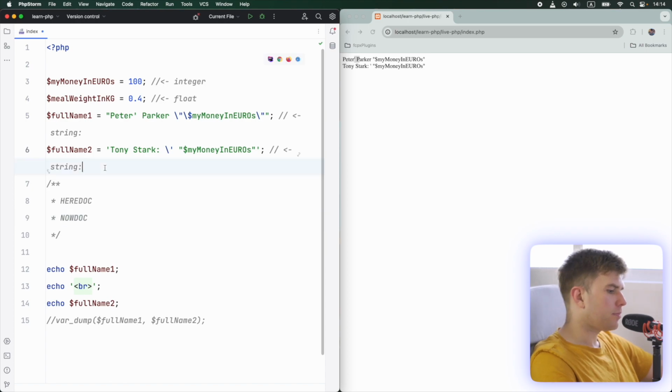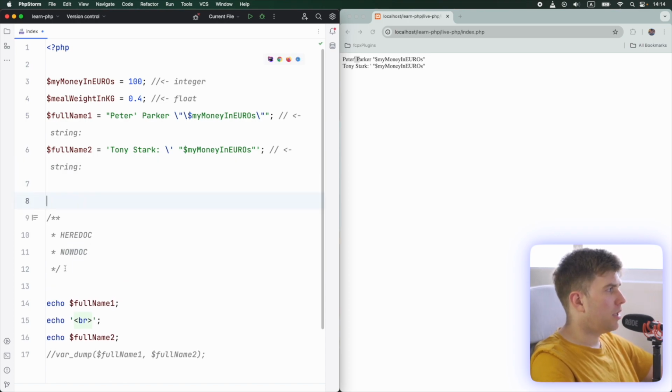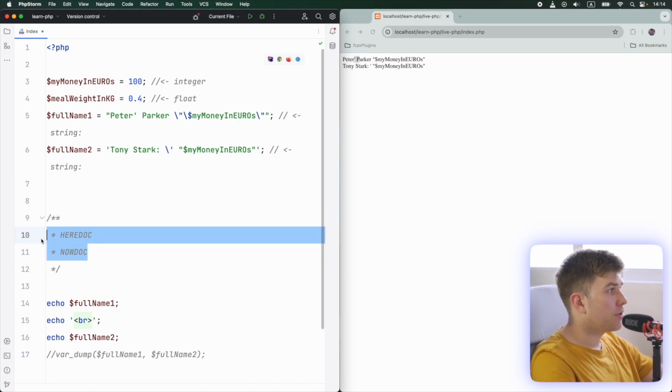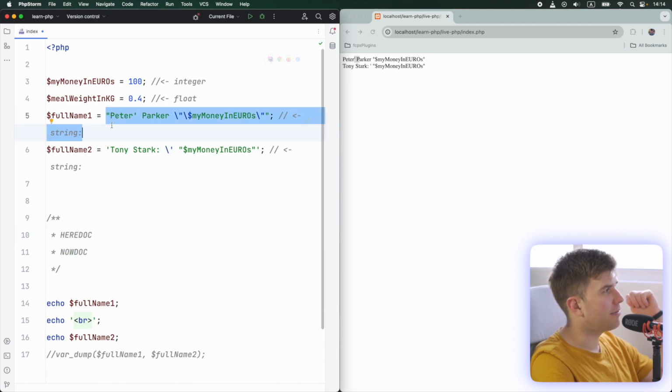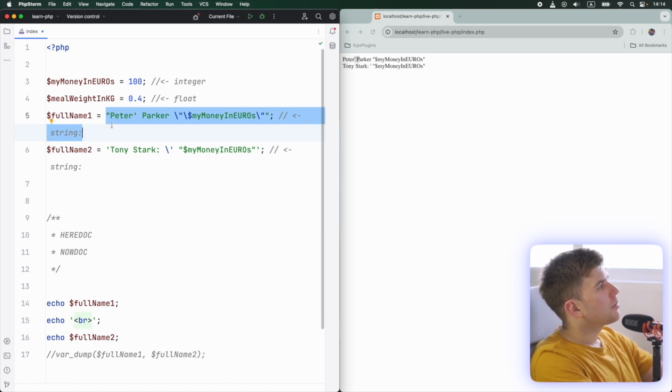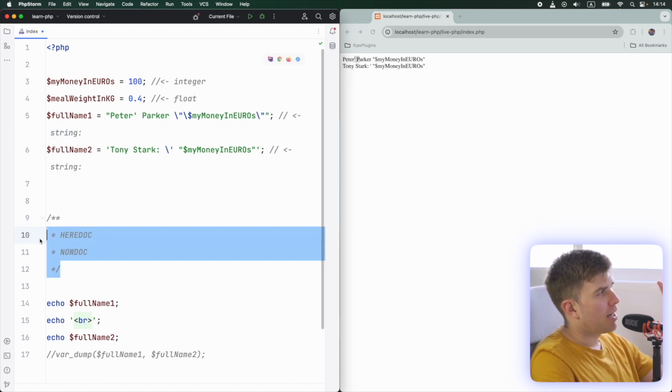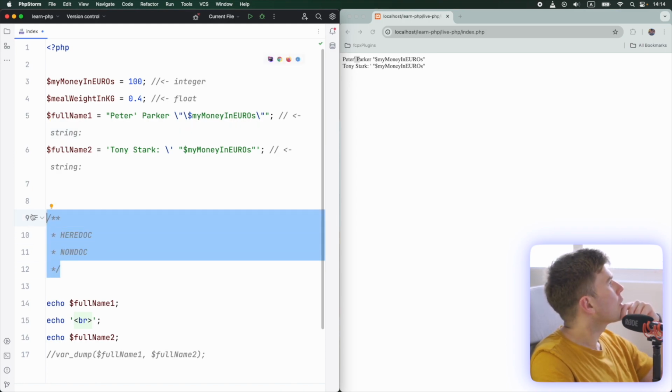And these ones are not that widely and frequently used. So heredoc and nowdoc, honestly, I haven't used them a lot during my career, because I didn't need to. Sometimes I used them for,